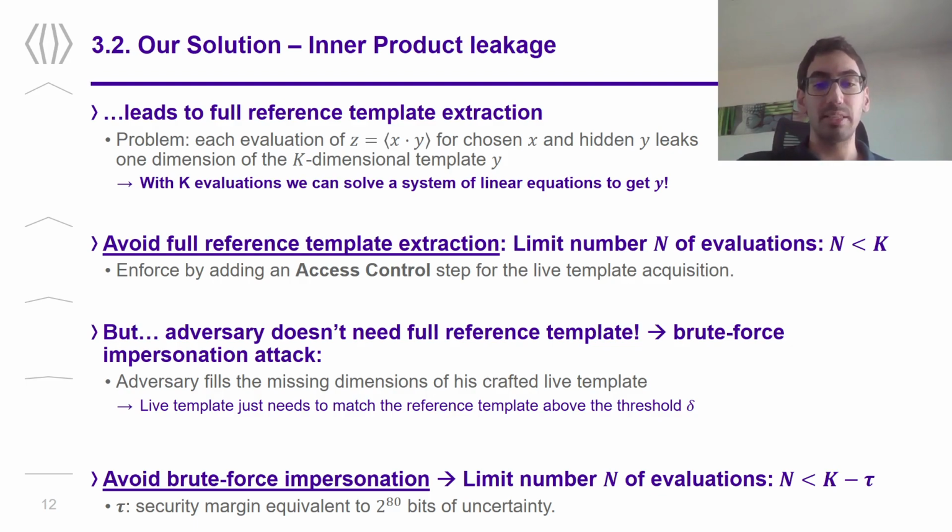He would fill the missing dimensions from n to k with either random values or handcrafted values, so that he could already be sending this crafted live template. In fact, this live template just needs to match the reference template above a given threshold delta in order to perform a successful impersonation. So it doesn't need to be the exact reference template, it just needs to be close enough in an inner